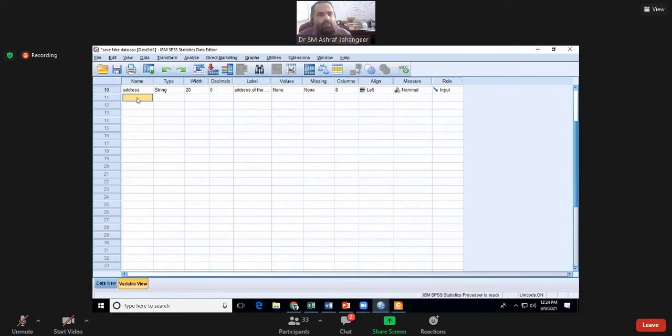So if I have 10 patients in my data file who belong to the same area of Sadr Karachi, they may have different addresses or door numbers. So I have to record their address exactly. However, if I'm interested in, for example, the area of the city,